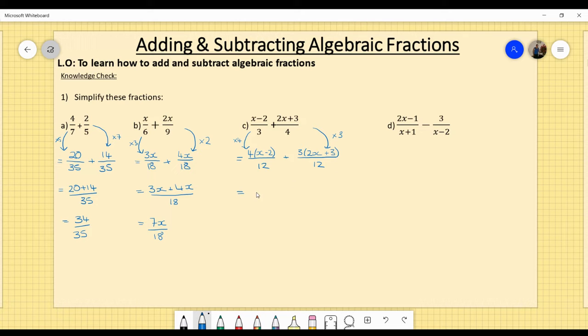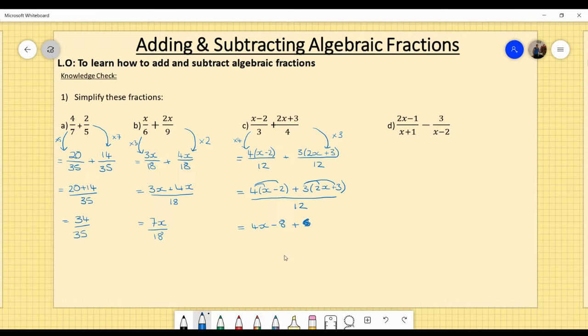Then what I can do is write the numerator again as a single line. So I've got 4 bracket x minus 2 added to 3 bracket 2x plus 3, and all of it is now over 12. Then I can expand my brackets. So I will end up with 4x minus 8 at that point. And then if I expand the second set of brackets, I will have add